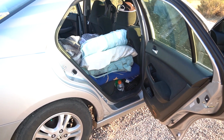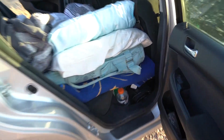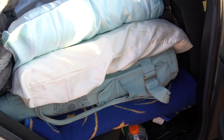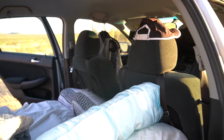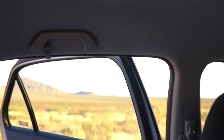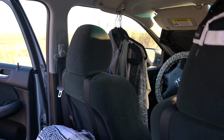And then while we're on this side of the back seat, I just wanted to show you that my yoga mat was stuffed back here so it wasn't rolling around. But while I'm sleeping, I'm probably going to put that in the front seat, just like I did those clothes. So those clothes were hanging on that hook and I just moved them there